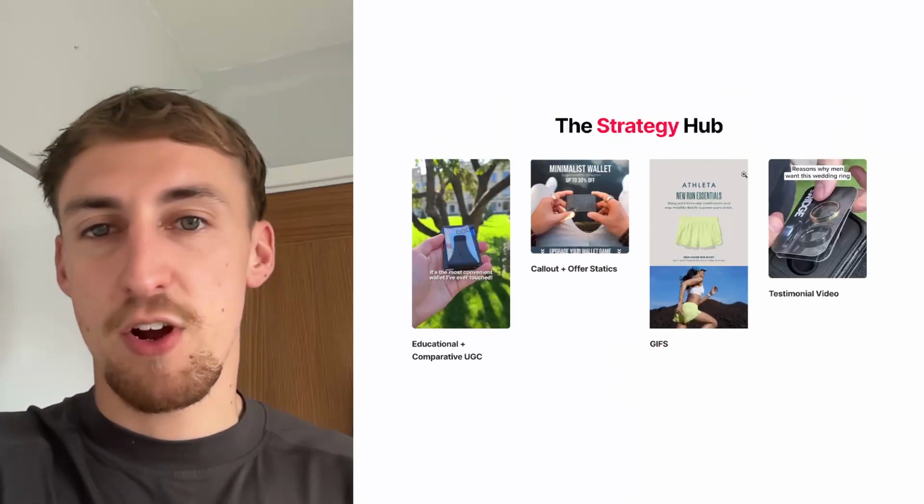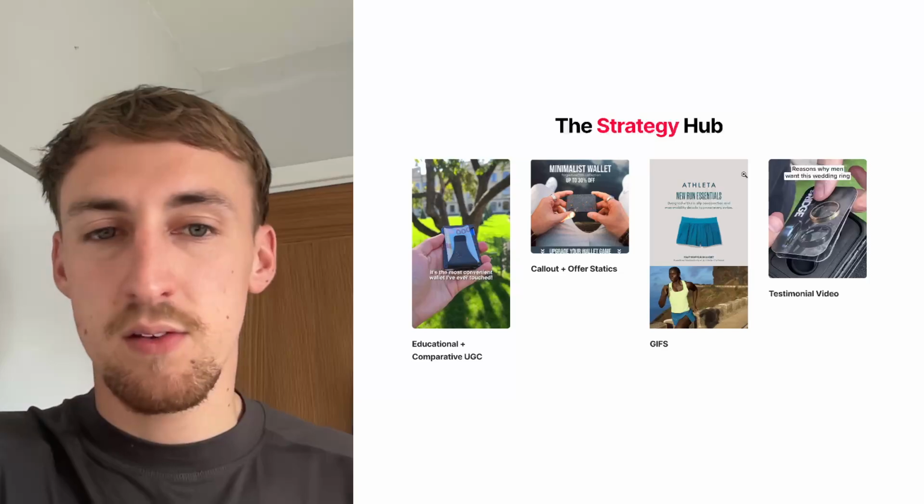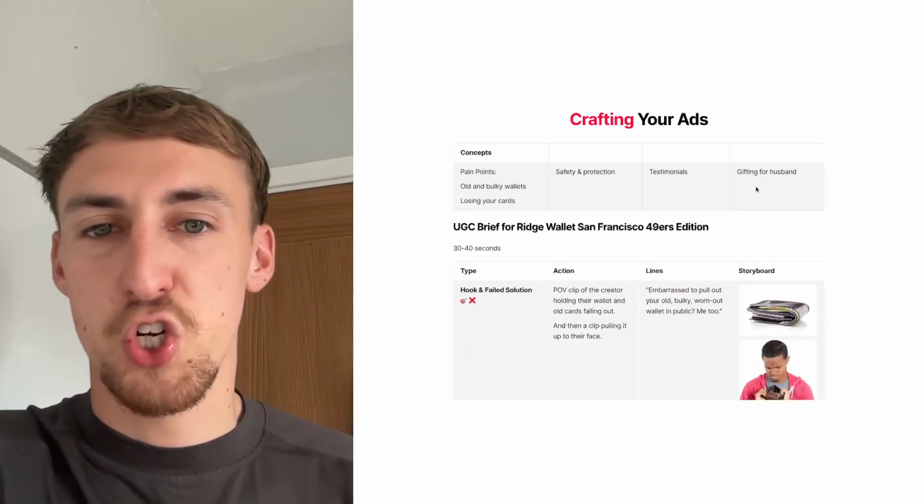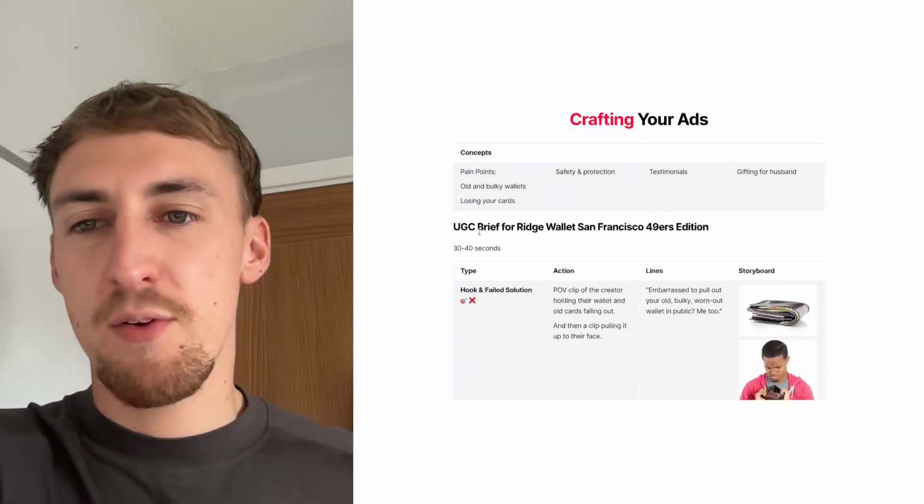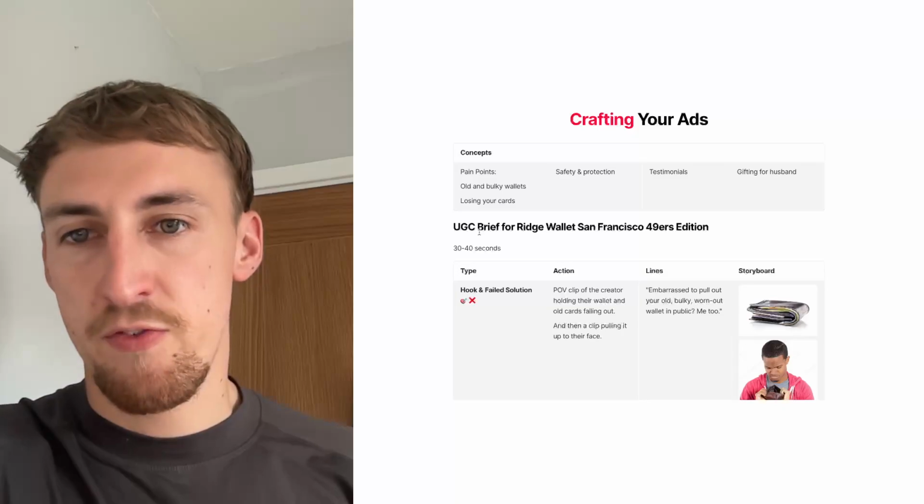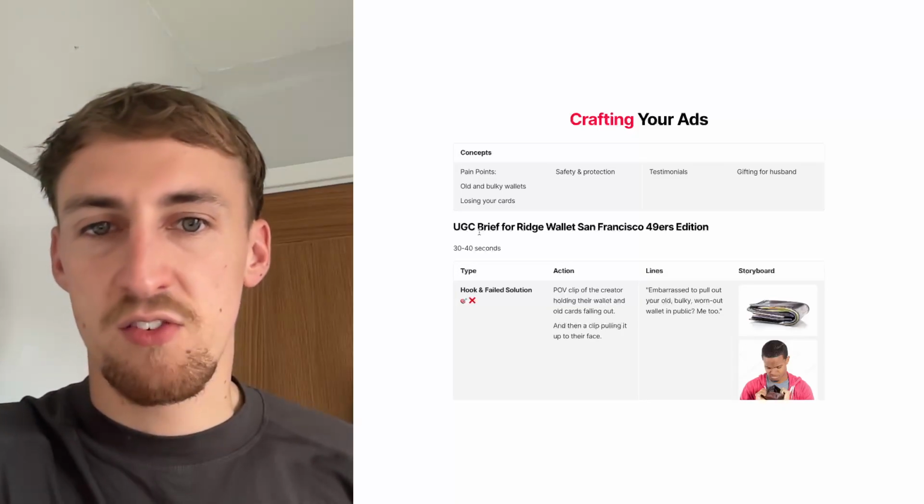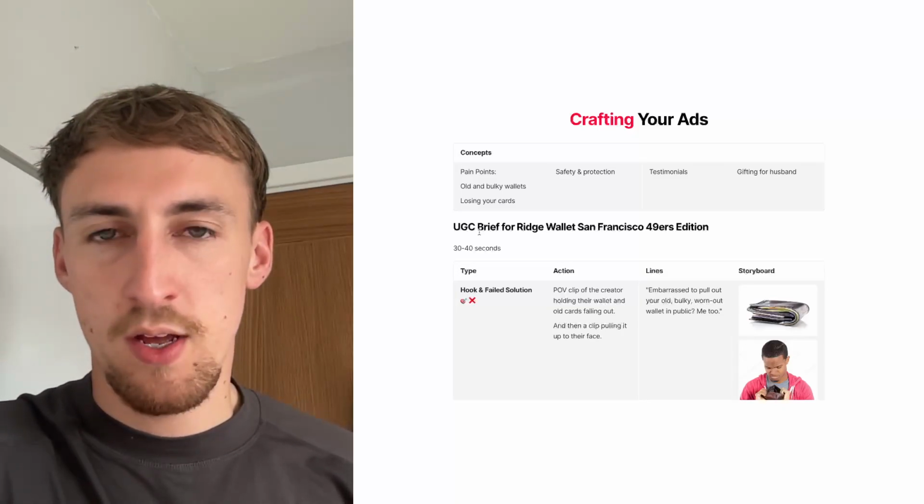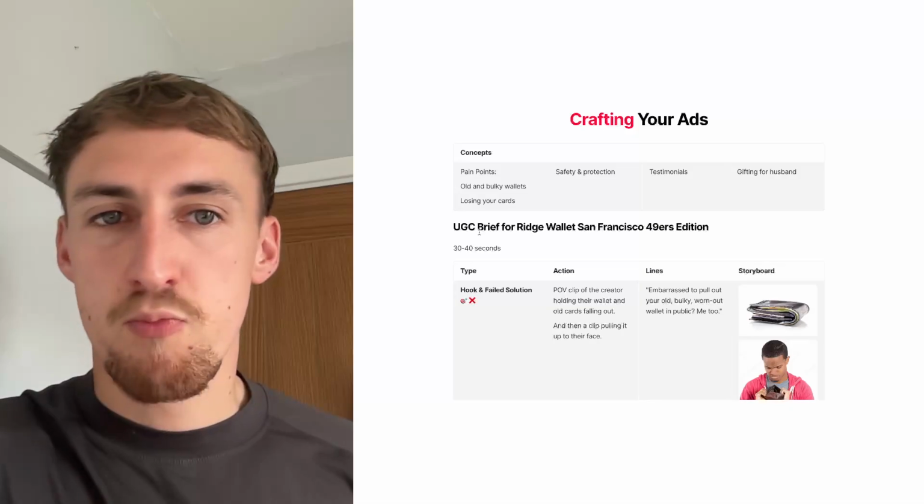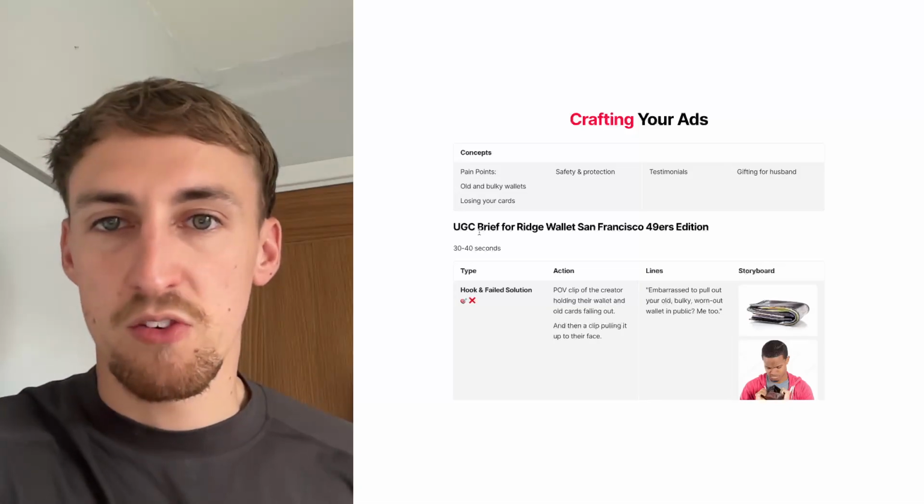So you've seen our strategy. These are the types of ads, and then these are the angles that we can actually look at as well. So we've decided to have a bit of fun with it. We've done a UGC brief for the San Francisco 49ers edition Bridge Wallet. Now, if we were actually writing a brief for you guys and coming up with concepts and strategy,